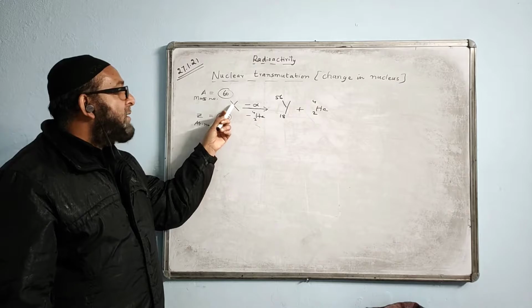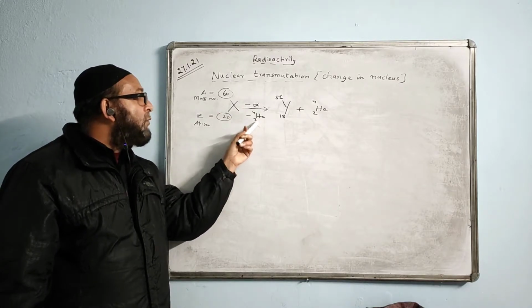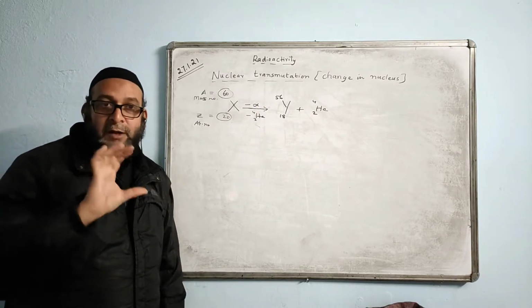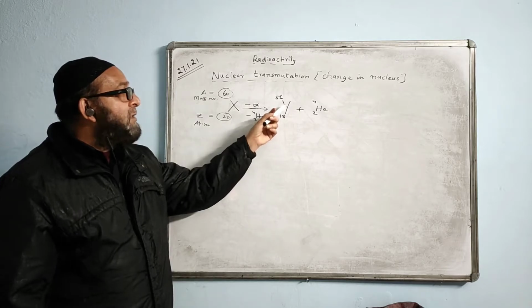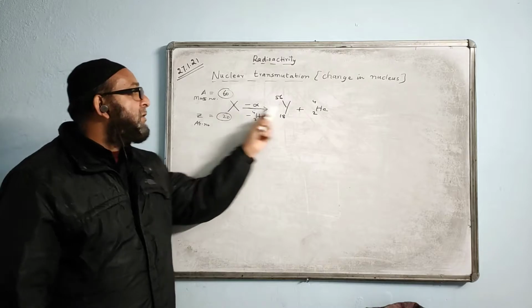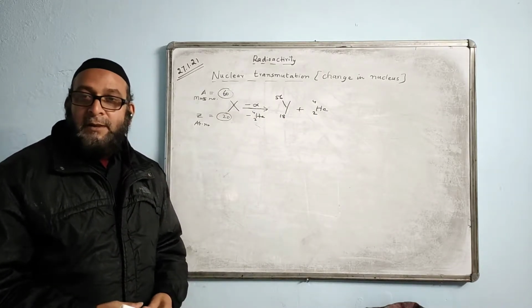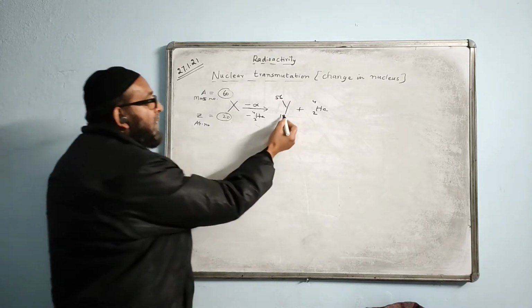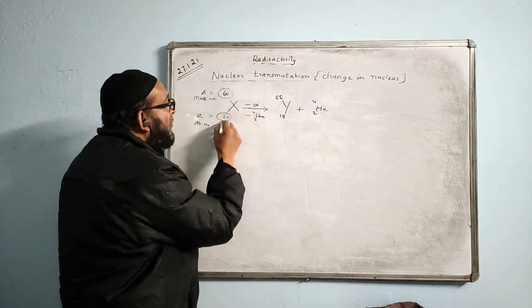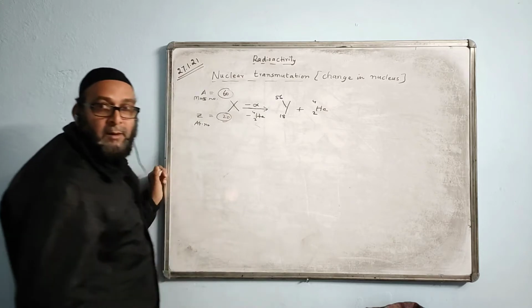When a nucleus X emits an alpha particle, the atomic number decreases by 2, whereas the mass number decreases by 4. This is the composition of the new nucleus, but if the question asks you to write the entire reaction, write it like this. After writing the reaction, you can check whether it is correct. 18 plus 2 gives 20, correct. 56 plus 4 gives 60. The total atomic number and total mass number on both sides must be equal.